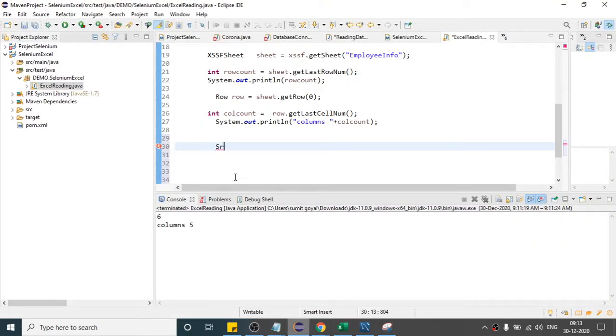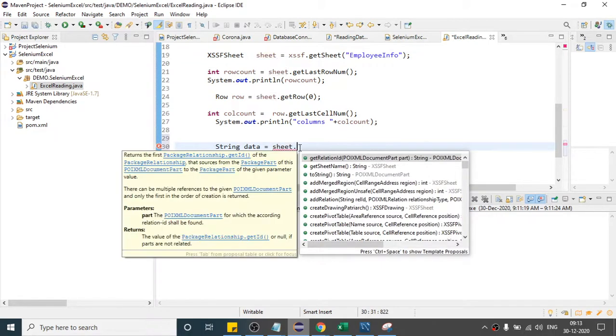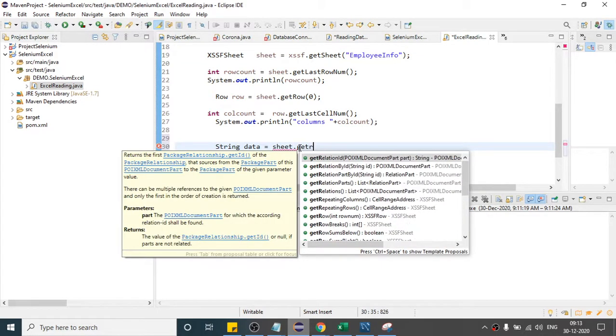So there is one simple line which you have to write. I will write a string data equals to, so this sheet variable basically has your employee info. With the help of this object only, I will call some method which is first of all get me the row.